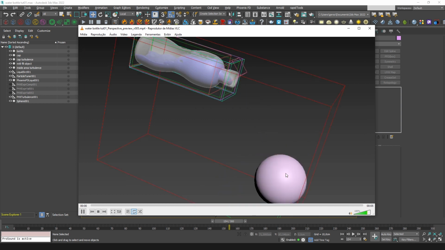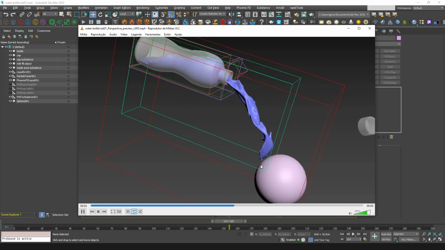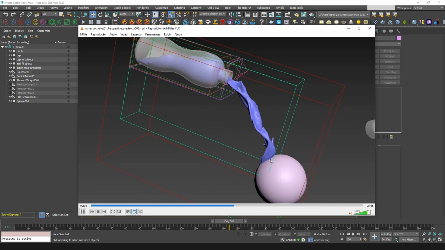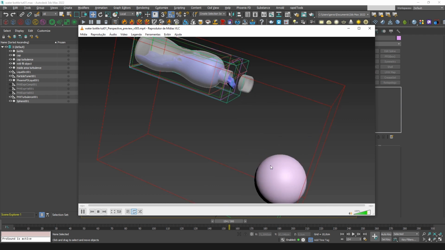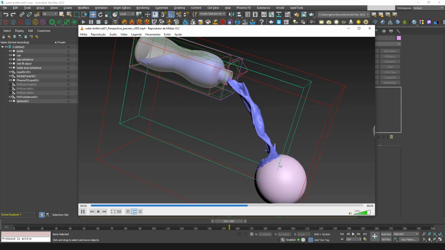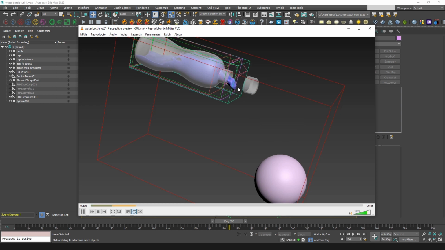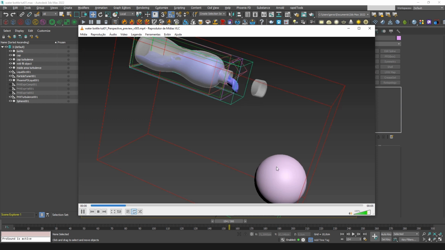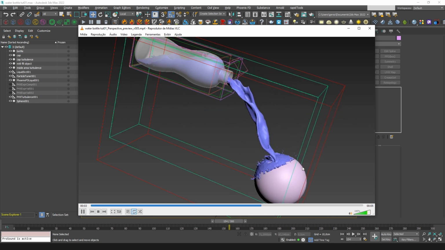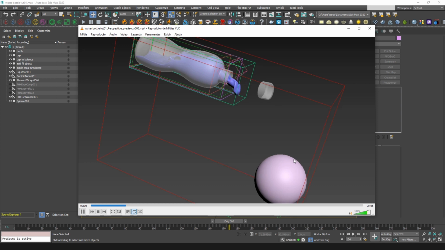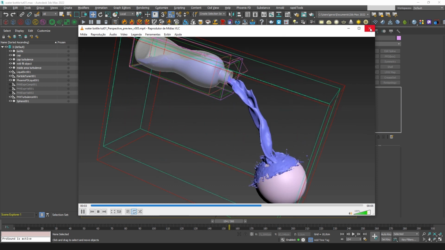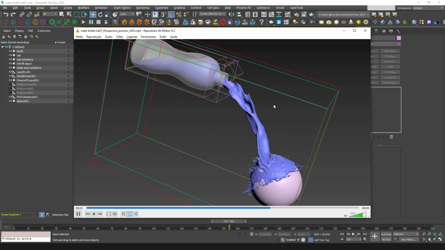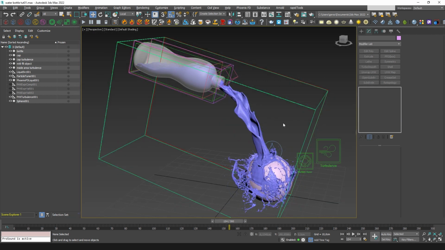But one thing I did also in my original scene, I used some drag effects when the liquid approaches the sphere to try to reduce a little bit of the splashes, the small droplets. So let's do that. It will not make a huge difference, but